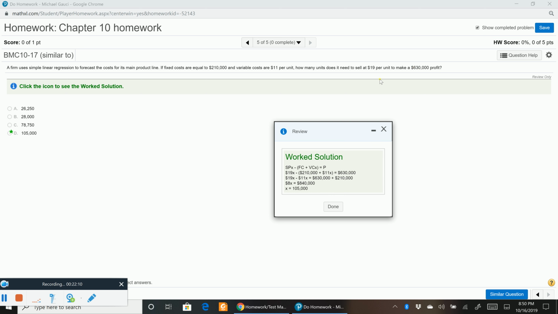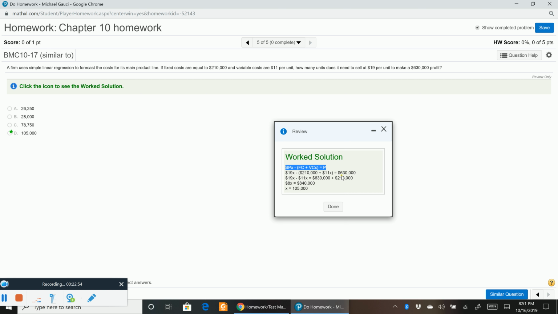We want to make a $630,000 profit. And so what we're going to do is we're going to use the formula, and hopefully this makes sense to everyone. The formula is selling price per unit times the number of units minus all of our costs, and our costs are our fixed costs plus our variable cost per unit times the number of units equals profit. And so let's just fill in the blanks. We know our selling price per unit is $19 times the number of units we need to sell, minus, and our fixed costs are $210,000, plus variable cost per unit, 11 times X, the number of units, equals profit,